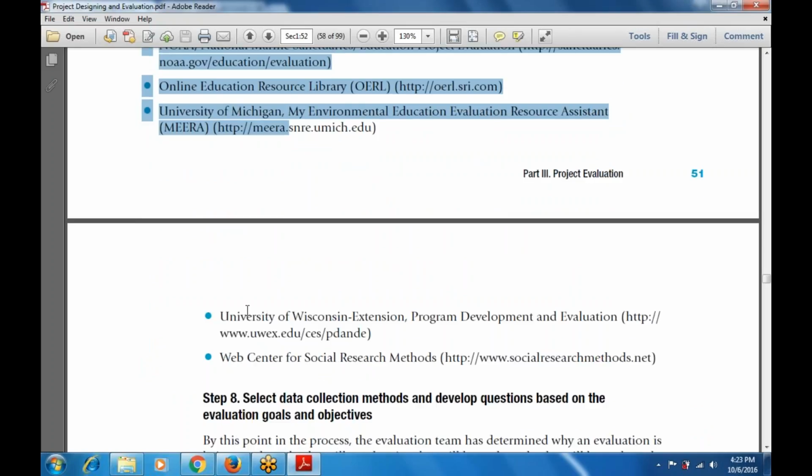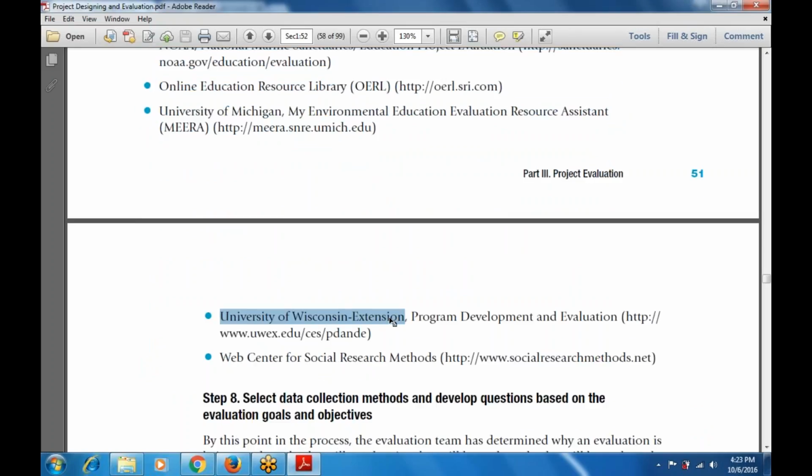Then the University of Wisconsin. Then the Web Center for Social Research Methods. So this is step number 7, which is used with the resource assistant and the evaluation methods. Then step number 8 is to select data collection methods and develop the questions based on the evaluation goals and